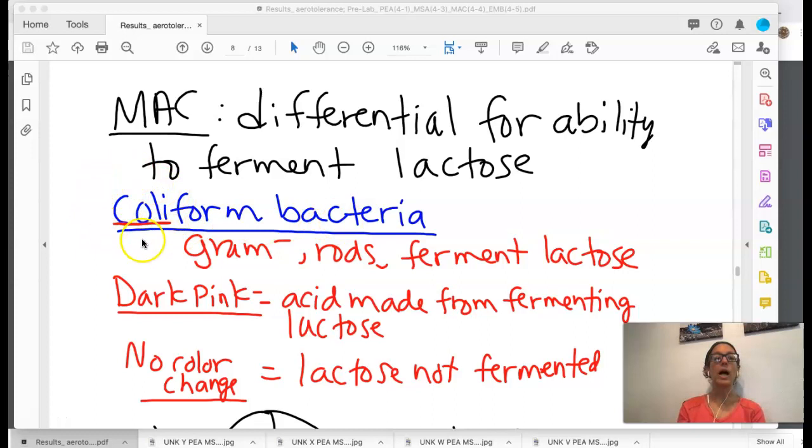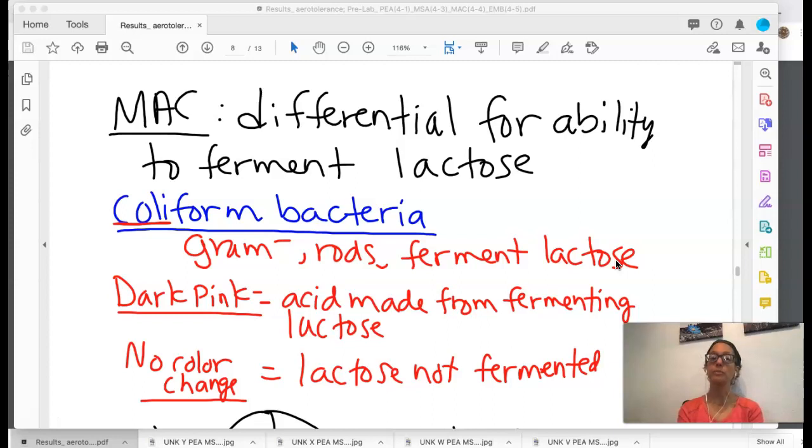That coli we saw with E. coli, and all coliform bacteria are found in guts of animals. That's why they are coliforms, from the colon. All coliform bacteria have these three characteristics. They are gram-negative, they are rods or bacillus-shaped, and they ferment lactose. There are lots of gram-negative rods that don't ferment lactose. There are plenty of gram-negatives that ferment lactose and aren't rods, but to be a coliform must have all three